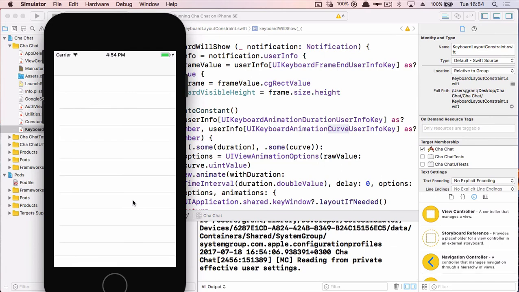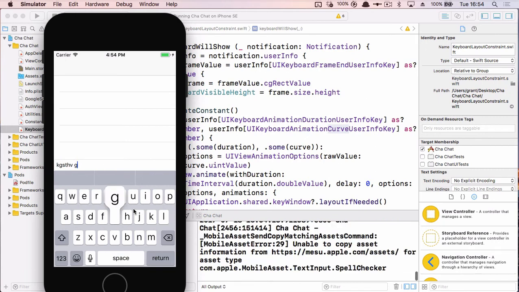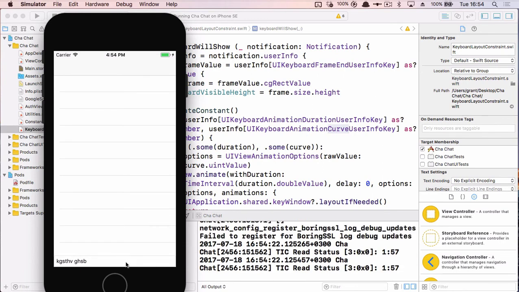Here we go. So we're already logged in. Let's click this item at the bottom, and there we have our keyboard moving around so we can type stuff. We can press return, and it's gone. Now, what I want you to pay close attention to is when I click this text field,